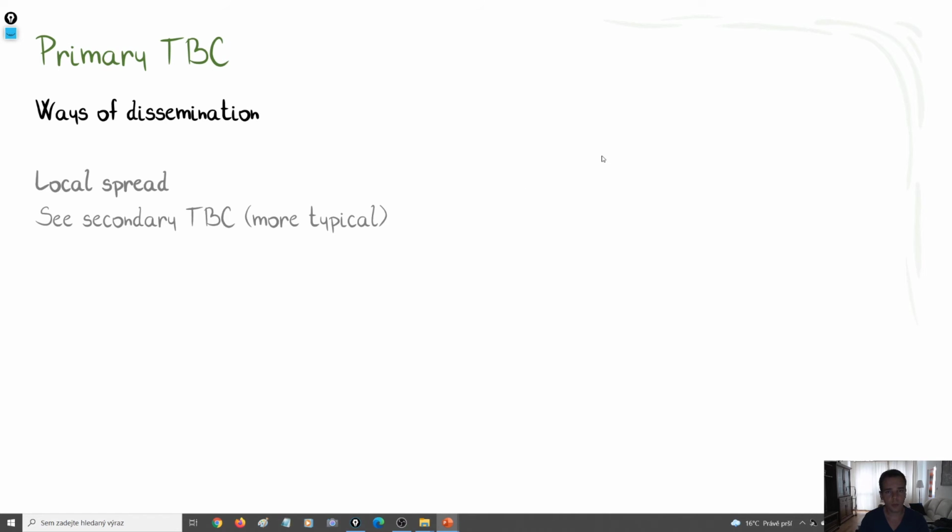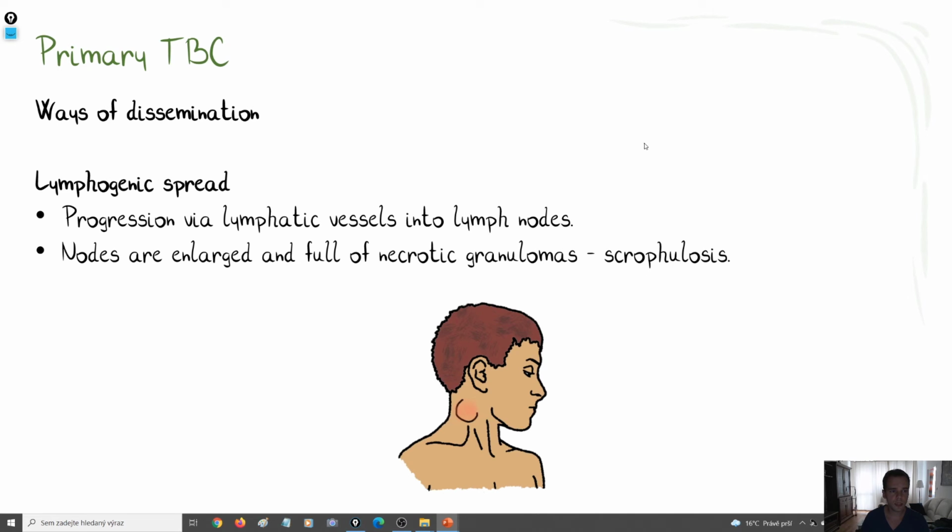TBC has multiple ways of dissemination. First is local spread, but we will discuss local spread in secondary TBC, because local spread is not so typical for primary TBC, but it's more typical for secondary TBC. For primary TBC, a lymphogenic or hematogenic spread is more typical. Lymphogenic spread means progression via lymphatic vessels into lymph nodes, and the nodes are enlarged and full of necrotic granulomas, which we call scrofulosis. It's usually a regional pulmonary lymph node, but any lymph node in our body can be